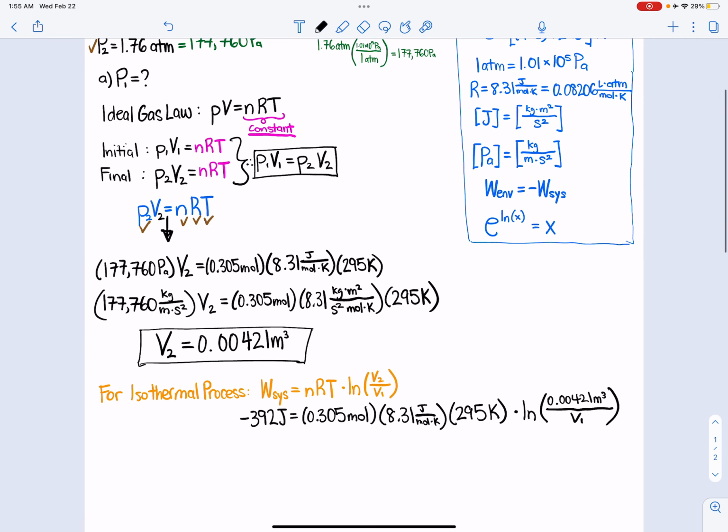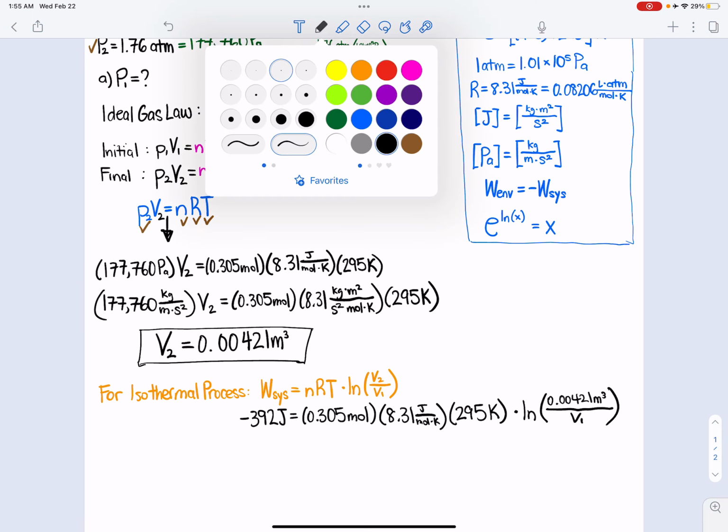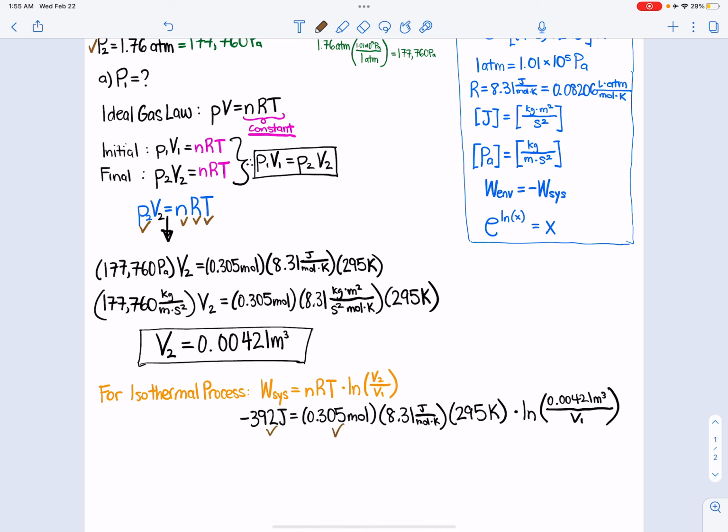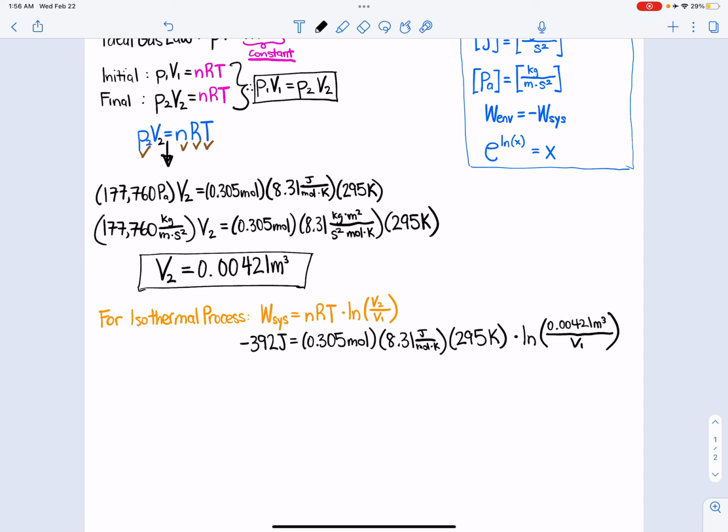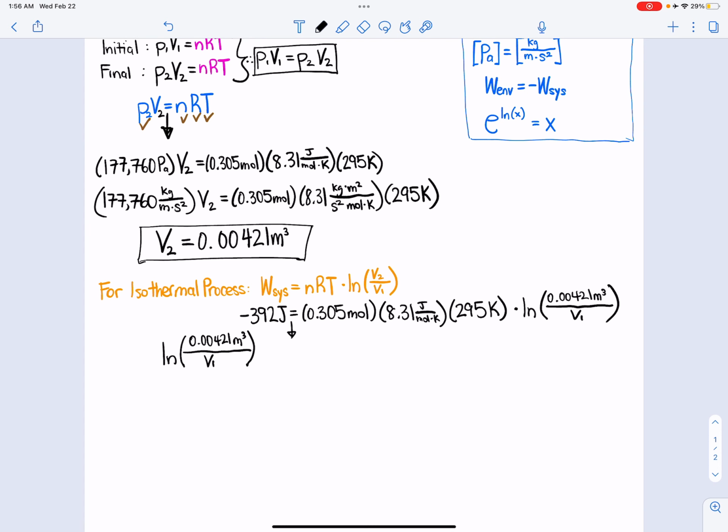Okay, so I'm going to put everything that's this guy, and this guy, and this guy on the left side on the right side of the equation, and I'm going to move this guy on the left side of the equation because that has our unknown. Okay, so I bring this down. That is the natural log of 0.00421 meters cubed over V1, or our volume in the initial or first state, is equal to,